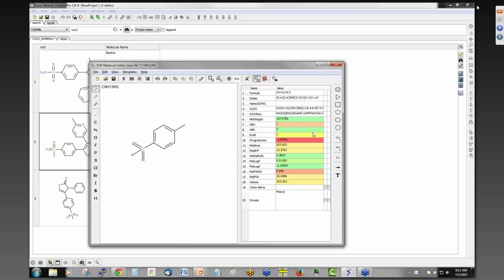So we have the formula, we have the chemical SMILES for this structure, the InChI key as you're drawing it, and then we have more properties such as molecular weight, number of hydrogen bond donors, number of hydrogen bond acceptors, and useful things such as the prediction of logP, and solubility, and also some useful calculation of whether this structure is likely to be